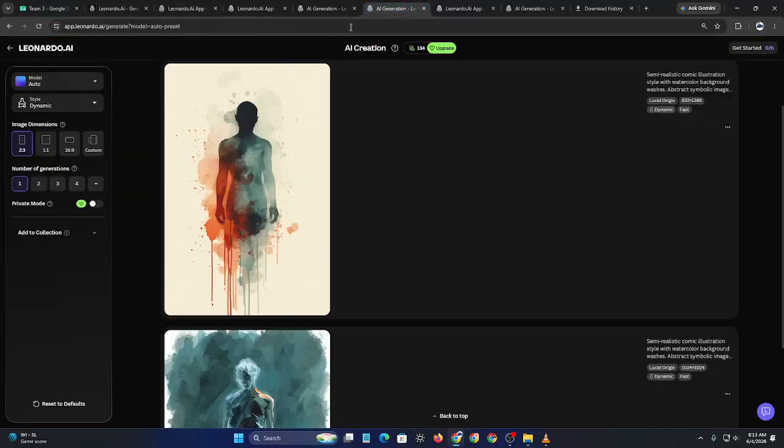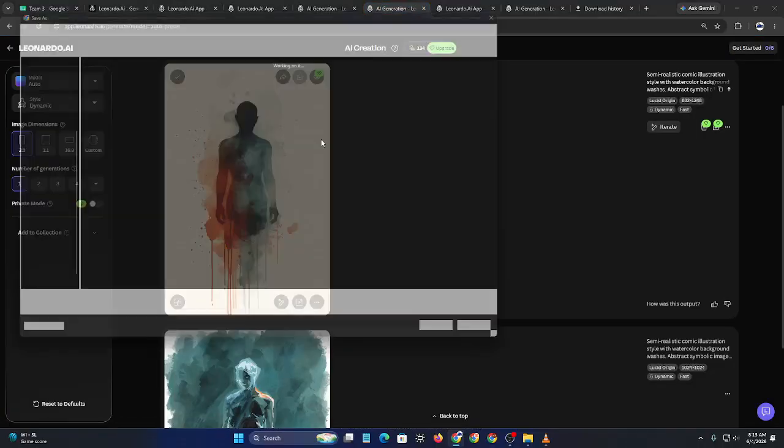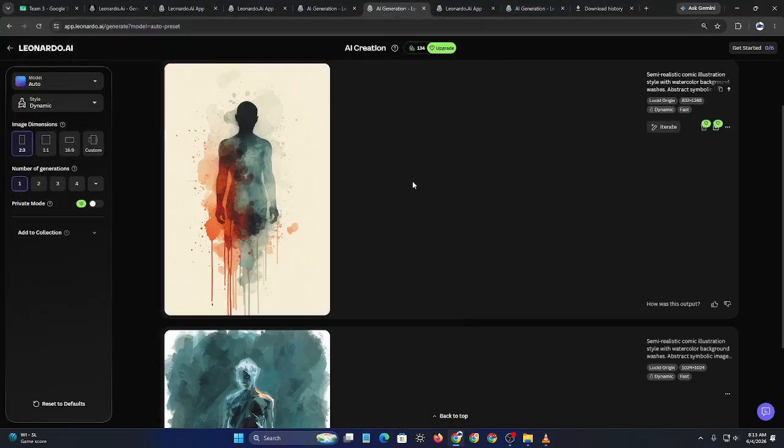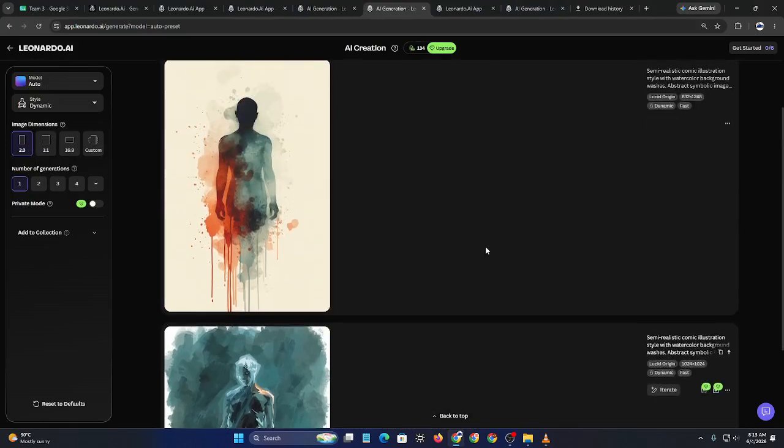Finally, keep experimenting with different prompts and creative styles. So the more you practice using Leonardo AI on mobile, the better your images will become. And that's it. That's how to use Leonardo AI on